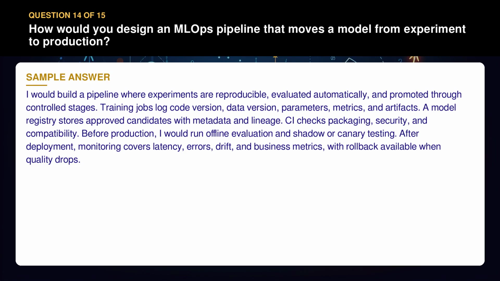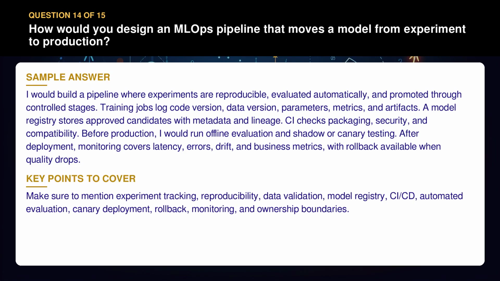Before production, I would run offline evaluation and shadow or canary testing. After deployment, monitoring covers latency, errors, drift, and business metrics, with rollback available when quality drops. Make sure to mention experiment tracking, reproducibility, data validation, model registry, CI/CD, automated evaluation, canary deployment, rollback, monitoring, and ownership